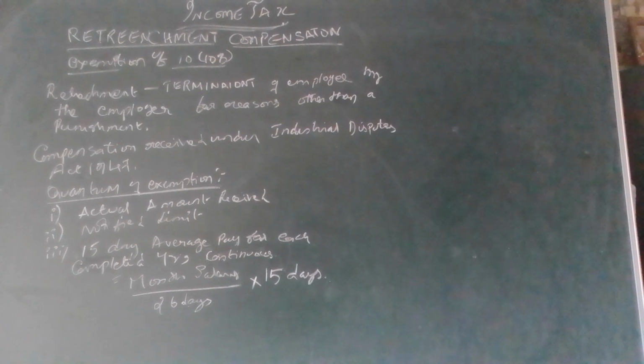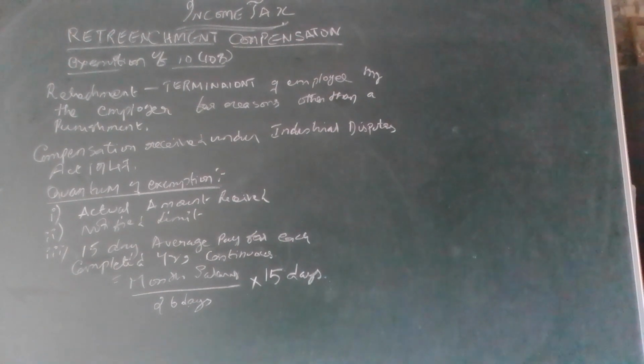If it attracts tax, is it possible for the assessee to claim the exemption? Yes, very well he can claim the exemption. It is under section 10(10)(b). How? One, the actual amount he received. At the time of retrenchment, he is compensated with some 10 lakhs, or 2 lakhs, even 50,000. That is the amount of compensation actually received. Second, the notified amount, that comes to 5 lakh rupees. That notified limit is 5 lakh rupees.